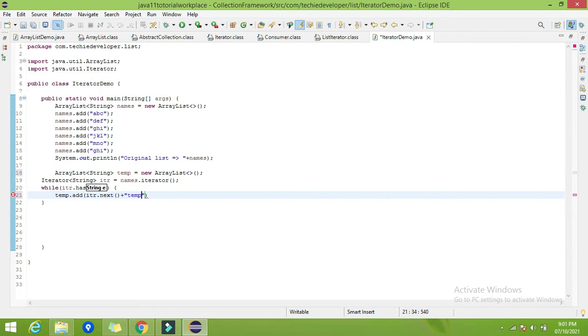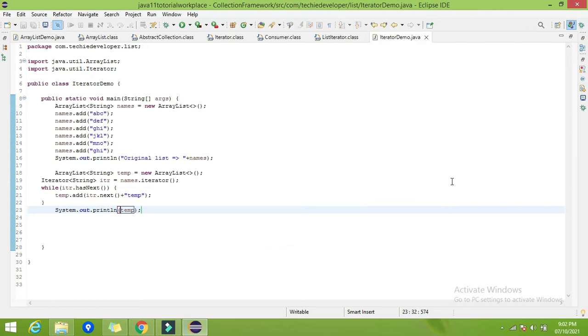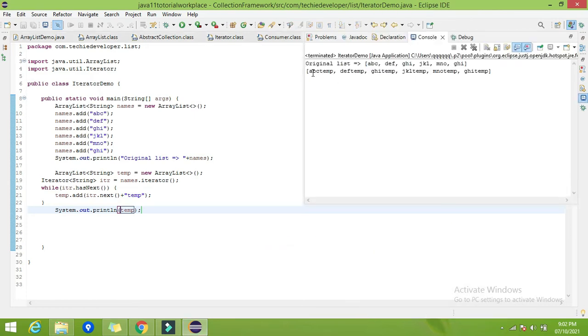Let's append temp. Now it will add each element from the list into this newly created list with the text temp appended. Now let's try to print our resultant list, that is temp. It should have all the elements with the concatenation. So here you can find we have the newly created list with the elements abc temp, def temp, ghi temp, like this. So these are some of the functionality we can implement using the iterator.